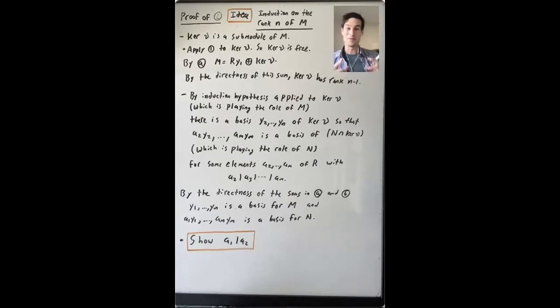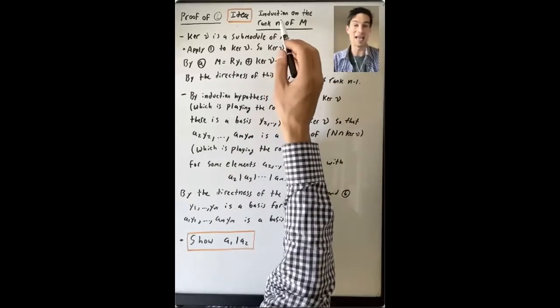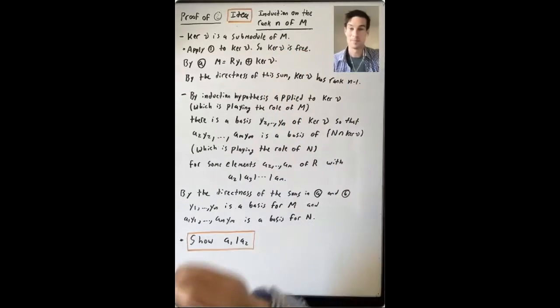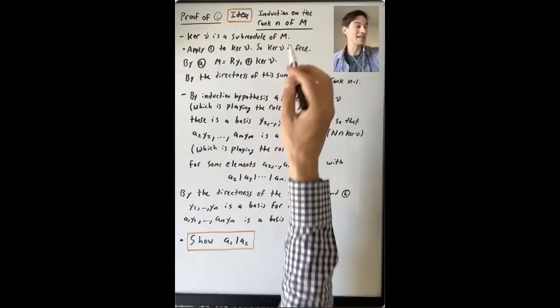Let's do the proof of the second part of Theorem 4. And here, the big idea is induction on the rank n of M. So when n equals 0, there's nothing to prove at all. So we'll suppose that n is bigger than 0, and we'll suppose that the theorem is true for any free